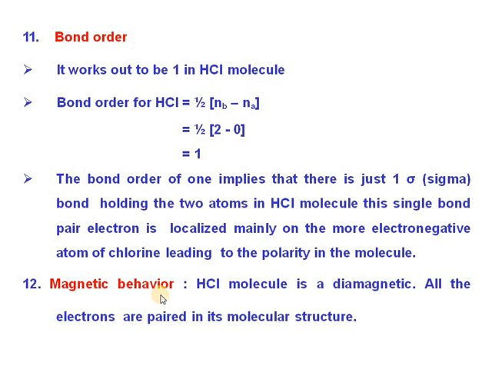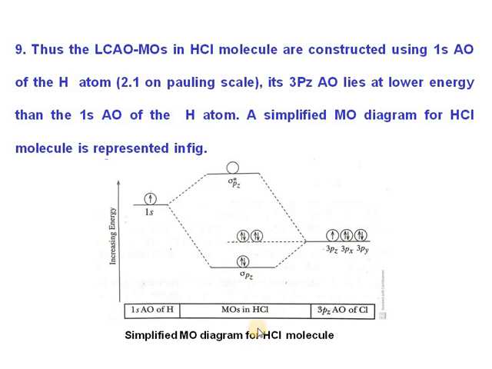Now we look at the magnetic behavior. The hydrogen chloride molecule is diamagnetic. Why? Because all electrons are paired in its molecular structure, and therefore the hydrogen chloride molecule is diamagnetic in nature. So why is it diamagnetic? Because all electrons get paired. Now we have seen in the molecular orbital diagram that there are no unpaired electrons here. All electrons get paired, right? All electrons get paired in the sigma pz molecular orbital, and therefore